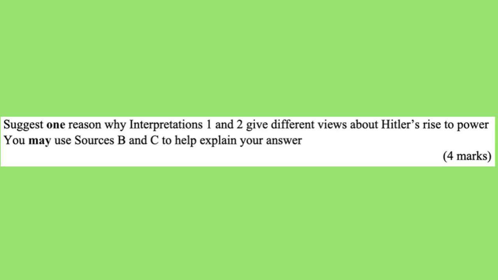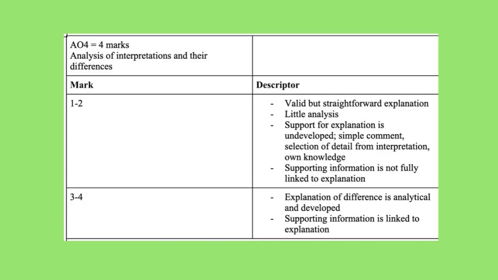Suggest one reason why interpretations 1 and 2 give different views about Hitler's rise to power. You may use sources B and C to help explain your answer. 4 marks. Here's the mark scheme for this question, which you can find out about in more detail in our overview video. But we do know that all 4 marks here are awarded for AO4, which is your analysis of